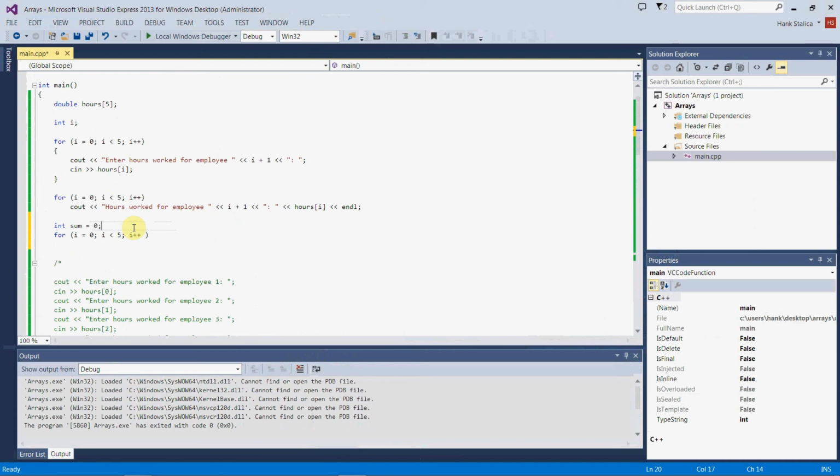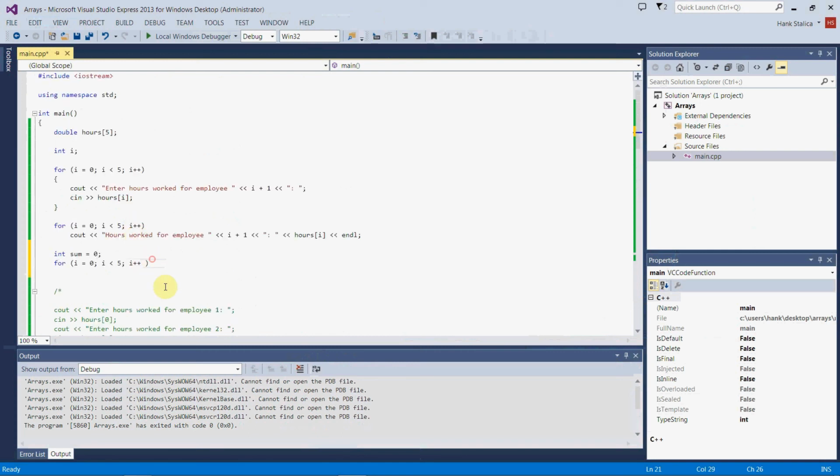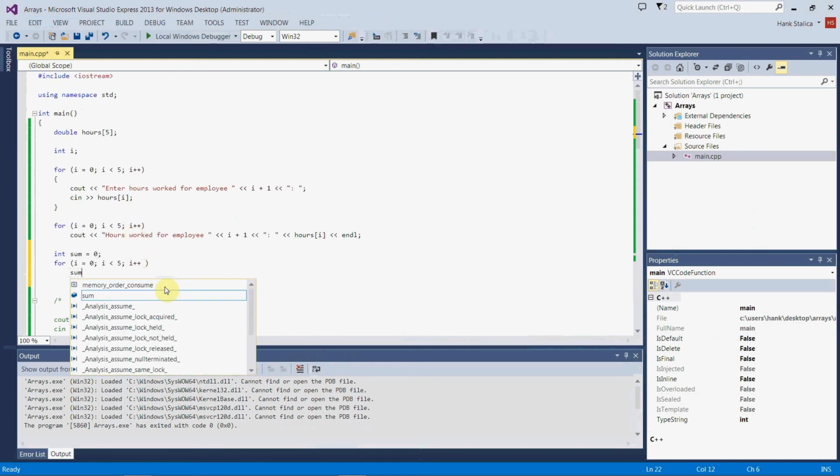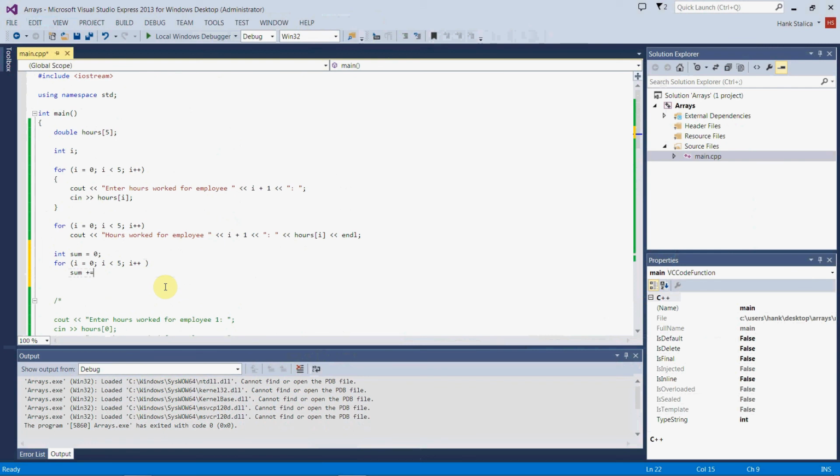So say 2 million was stored in sum, assuming I didn't initialize this thing. Well, when I'm done adding all my hours to it, then I might have something like 2,050,000 or 2,070,000. So that's why we have to be sure to initialize sum to 0. And so I'll use a single statement here. Sum plus equals